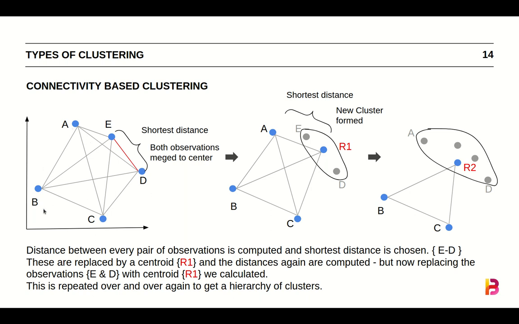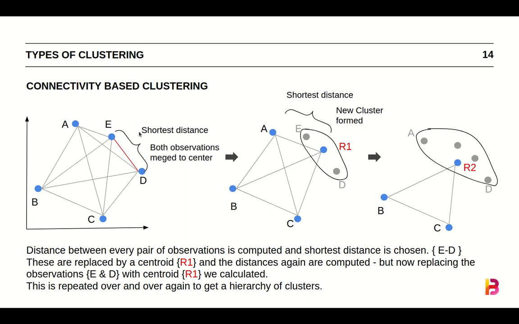So imagine your data like this. There are 5 points. We start by measuring distance between every possible pair of observations. So between A and E, A and D, A and C, A and B. Then B and A, B and E, B and D, B and C. And the same way for every 2 possible pair of points, we start by measuring distances. And then we see what is the shortest distance. So we would have this distance, this distance, this distance. We would have all the possible distances. We would take the shortest one. In our case, it happens to be ED.